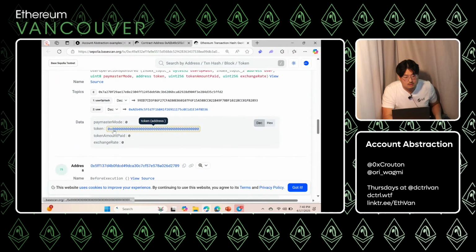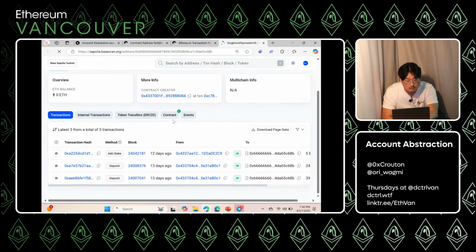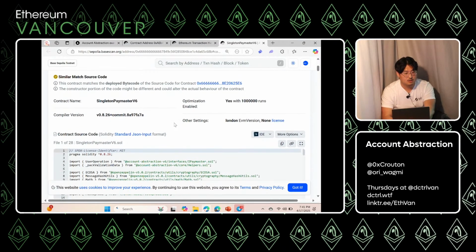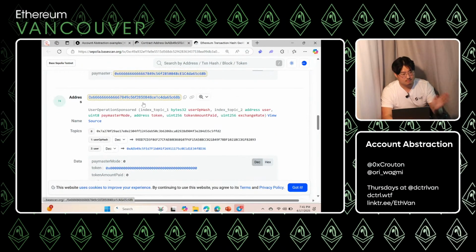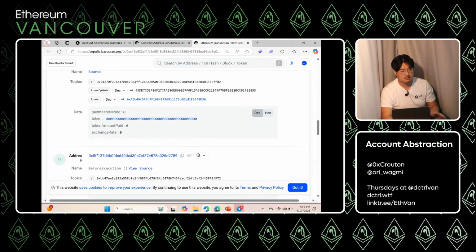Before execution, so there's a paymaster, right? So like this mint happened, someone had to pay. Let's see if this is the paymaster. This is a contract, right? So singleton paymaster. So some guy deployed this paymaster, and this I guess is the contract that's paying on my behalf for minting the NFT. So great. The paymaster is saying, yes, I'm happy to sponsor this user operation. Here's the information that you need.